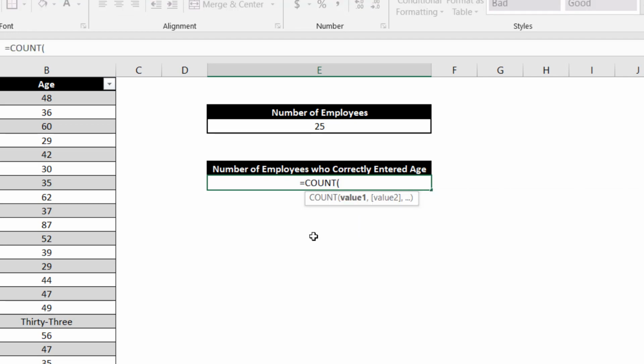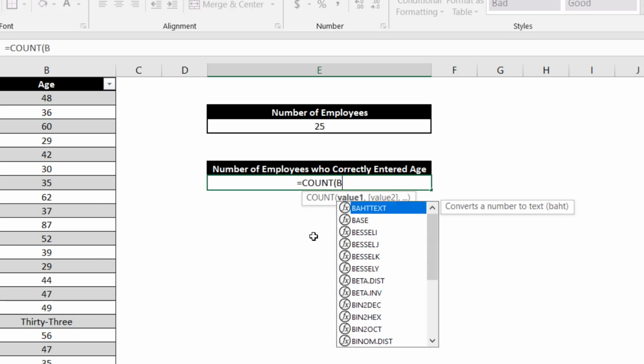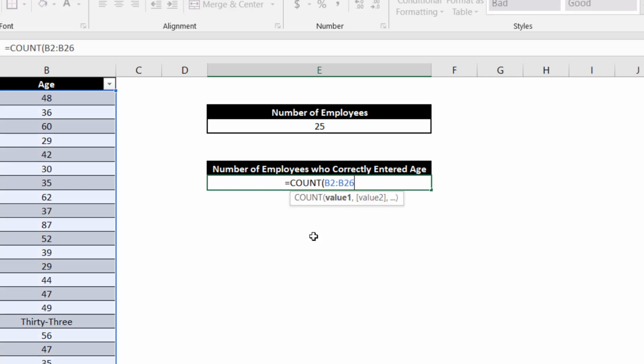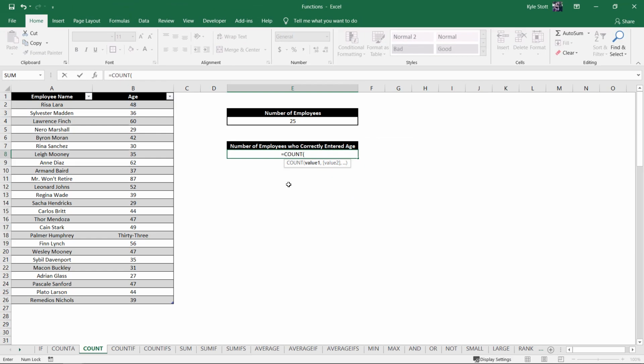The count function, similar to the count A function, can accept up to 255 different arguments, all separated by commas. However, only the first argument is required, and that's all we'll use in this example. We know the data range we are evaluating is B2 through B26, so you can either type it in manually, select the data range with your cursor,